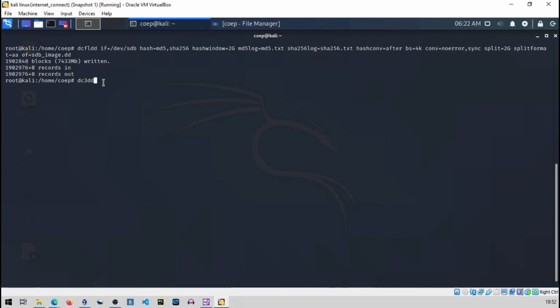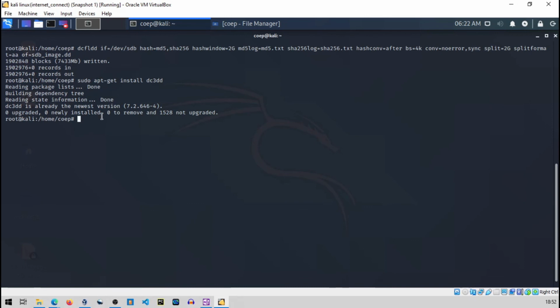You have to install it again, like sudo apt-get install dc3dd. Okay, I have already installed it, so no need to install it again.